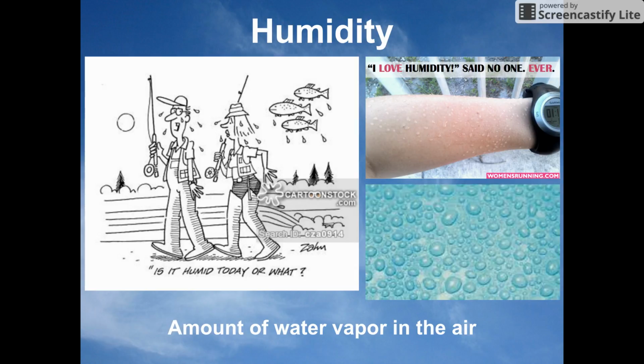Humidity is the amount of water vapor in the air. Too much or too little humidity can be dangerous. For example, high humidity combined with hot temperatures is a combination that can be a health risk, especially for the very young and the very old. Humidity plays an important role in our daily weather. Without water vapor in the air, our weather might be like the weather on Mars. Can you imagine life without clouds, rain, snow, thunder, or lightning?